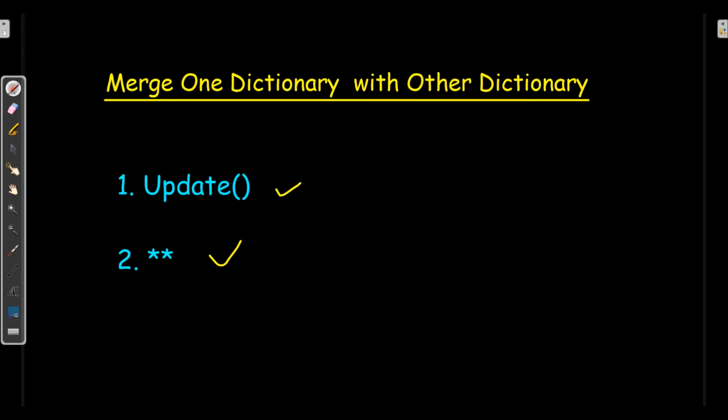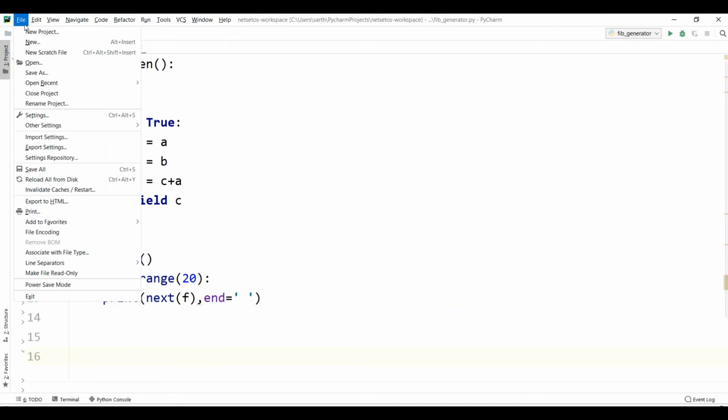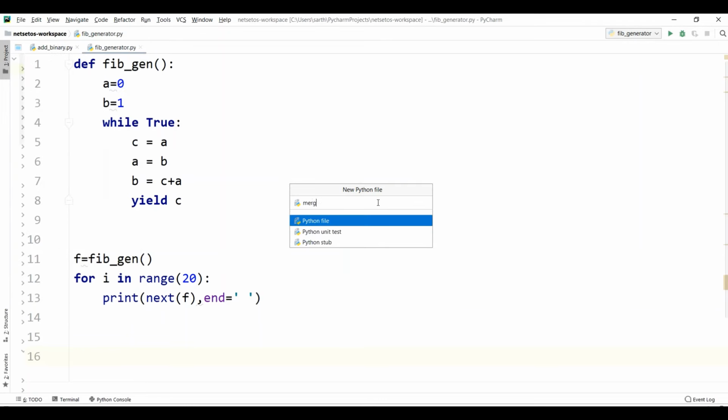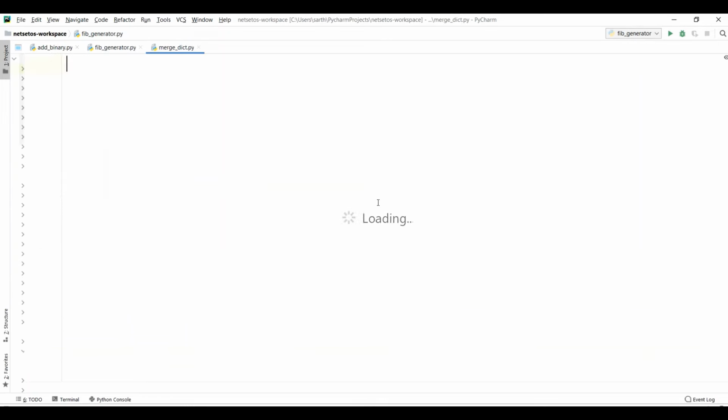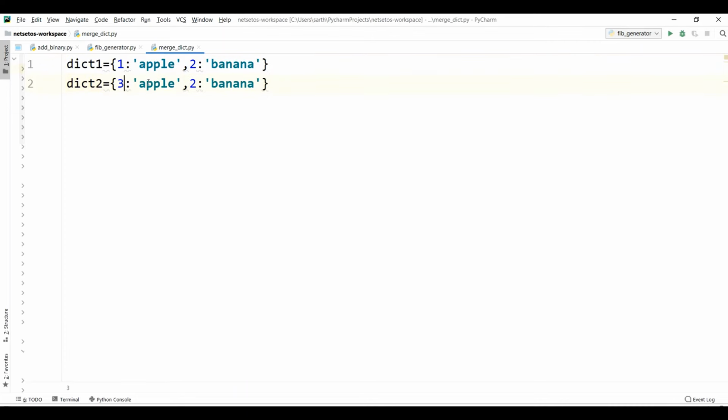I'll go to PyCharm and make a new file for it, called merge dict, where I'll make two dictionaries. dict1 will have the names of fruits, apple and banana, and we'll make a second dictionary with orange and, let's say, pomegranate.